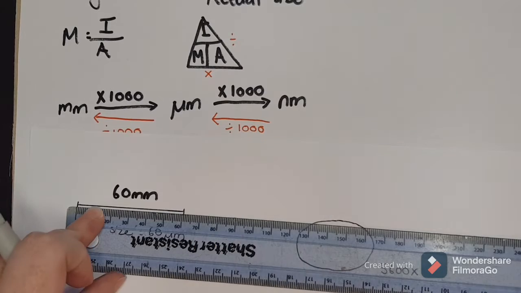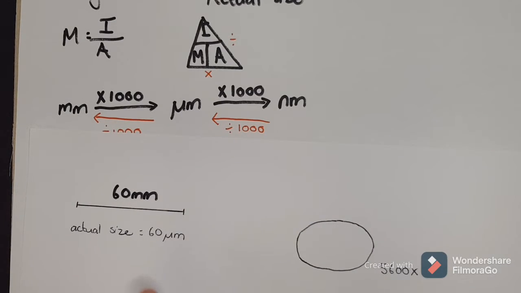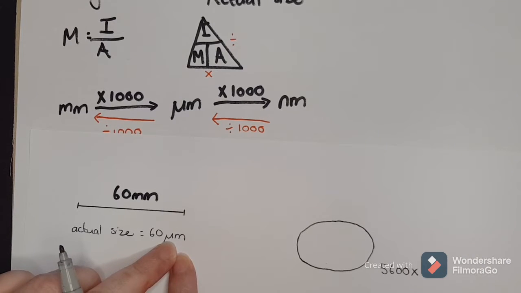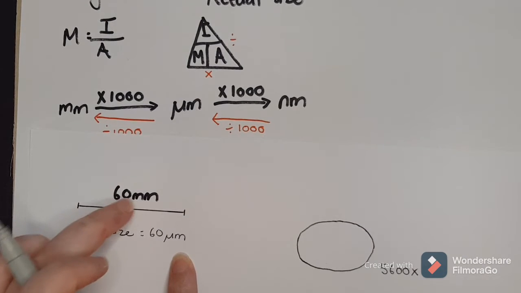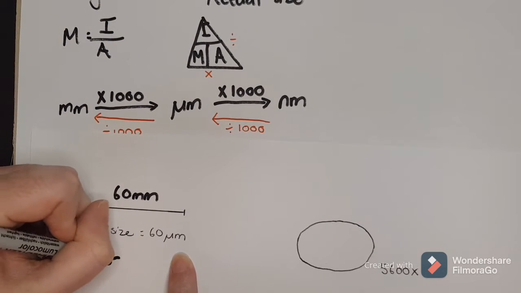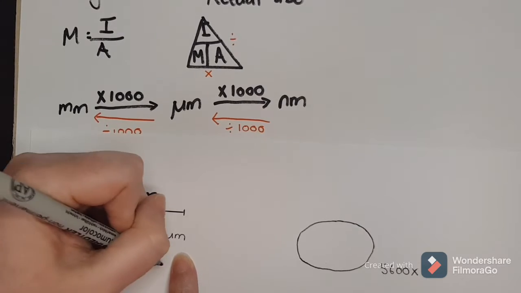Always use the millimeter side. And because I am dealing with actual size units of micrometers, I need to convert these millimeters to micrometers. So I'm going to say 60 millimeters times by 1,000 will give me